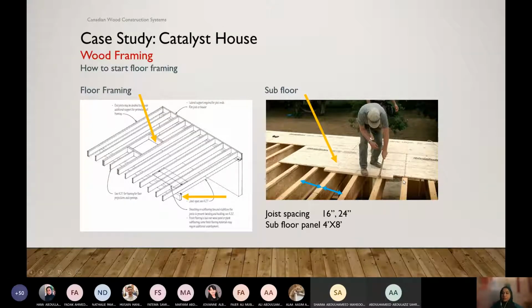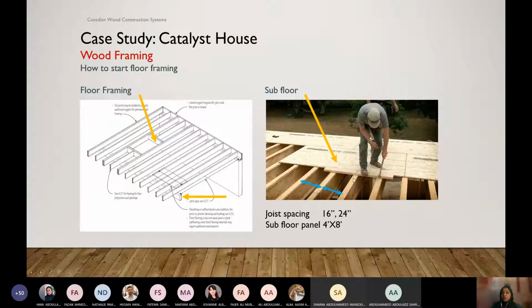Those panels also come in a definite size. So these panels we get 4 feet by 8 feet. When we put the panels, the edge of the panels sits on top of the joist, not somewhere in between the joists, because otherwise two panels are joined together and it will be bent. So that's why, because we get those 4 feet by 8 feet, no matter horizontally or vertically, we place those panels on top of the framing. The edge of the panel should sit on top of the joist.